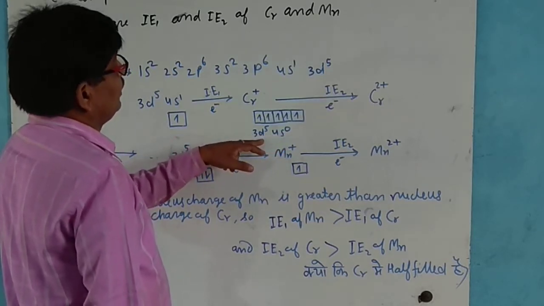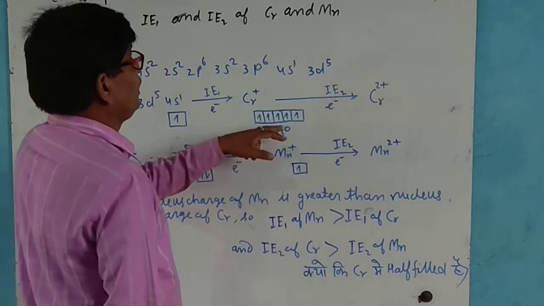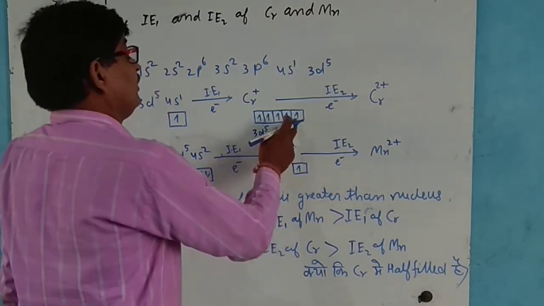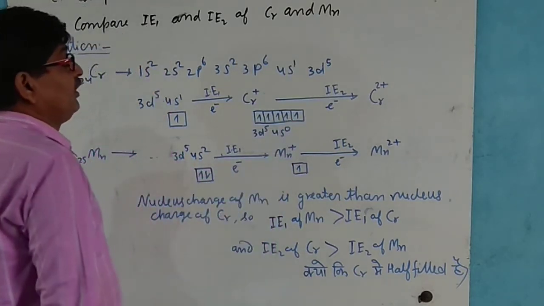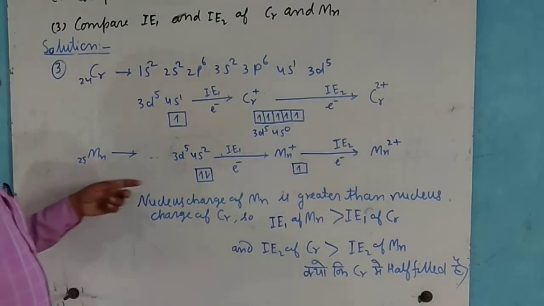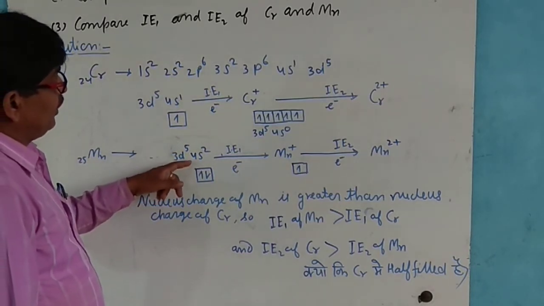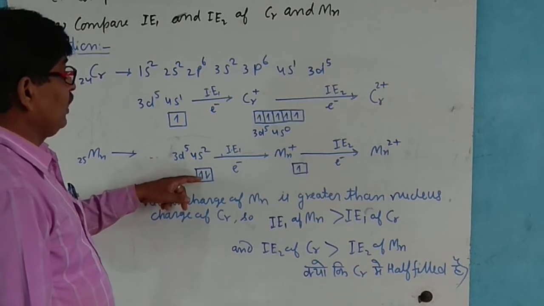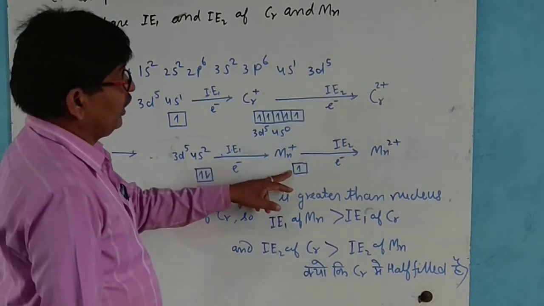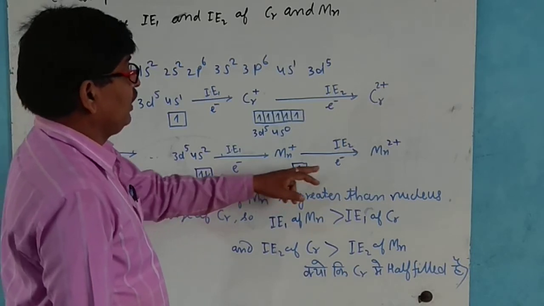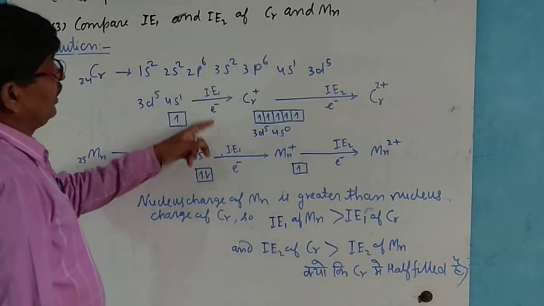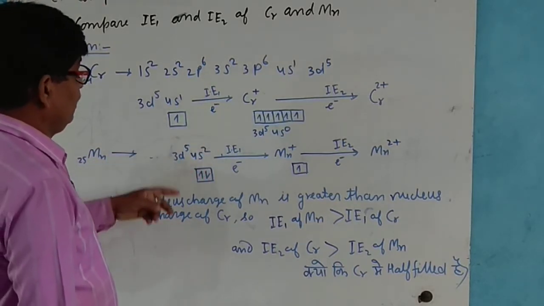and this is 3d5, which is half filled. So IE2 is greater, but in the case of manganese, 25, here 3d5 and 4s2, one electron is removed, one electron also removed here, so the first ionization energy of this, here according to the